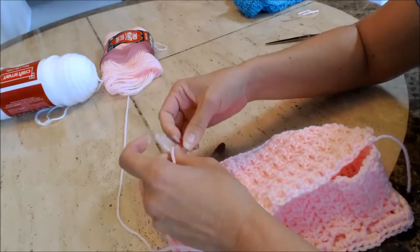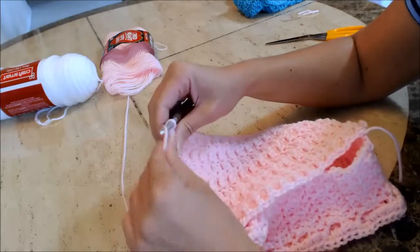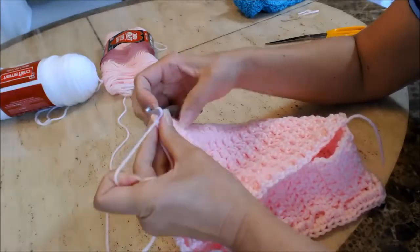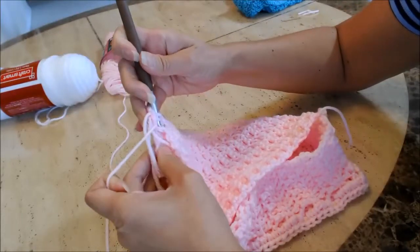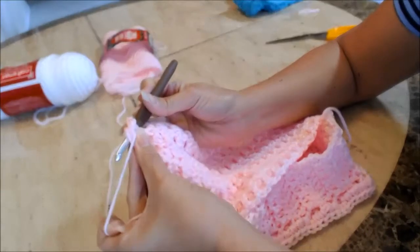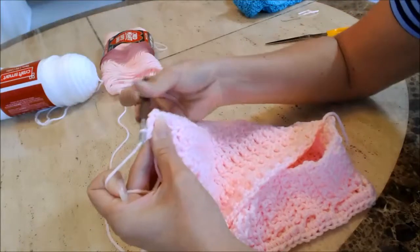And then we're going to take all three of these loose strands and we're going to sew them into our work. Anytime you have the opportunity to do that, it always helps, so you don't have to sew in as many towards the end of the project. So go ahead and yarn over, and then you're going to make sure that your work is lined up, and then you want to grab these three strands to keep them in the middle, and then come up with your hook, yarn over, and then you have three loops on the hook, yarn over and pull through all three,